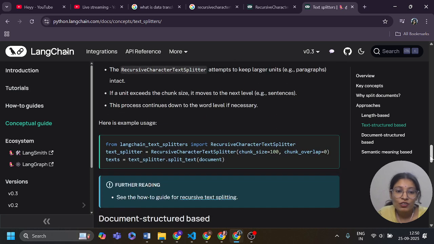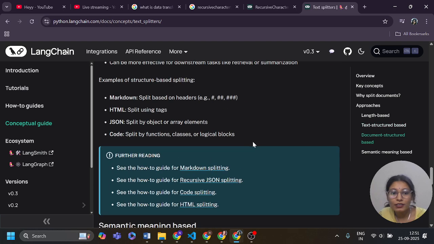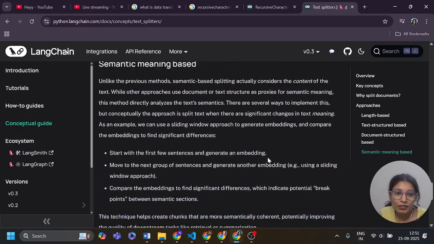Here we can use the text splitter like this: from langchain text splitter import RecursiveCharacterTextSplitter. Here you need to create its object and pass the recursive character text splitter. Here you can set the chunk size and chunk overlap so that it is split into smaller documents. Then you need to create another variable, text dot split text. Here you can apply different text splitters like